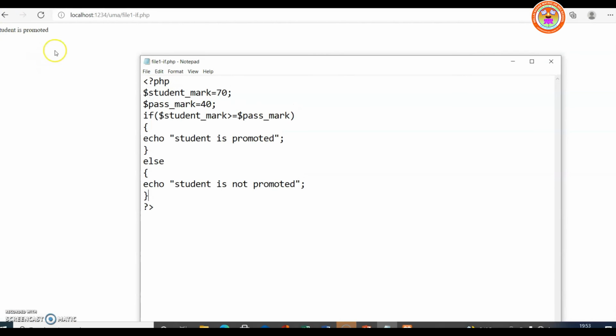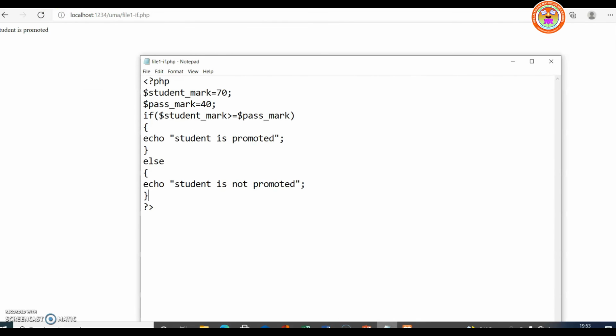And then you can refresh it. Refresh and see. Since we have given the pass mark as 40 and student mark is 70, you will always be getting student is promoted.